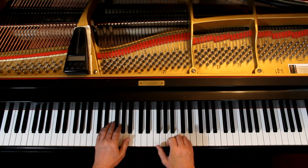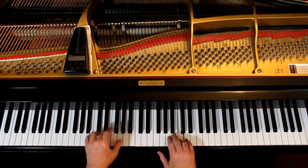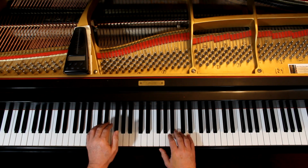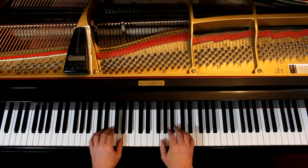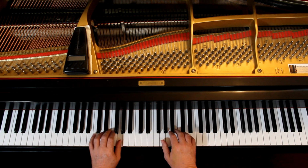Now I can play on beat 1 and that. Rest, measure 12. 1 and 2 and 1 and 2 and 3 and 4 and 1 and 2 and